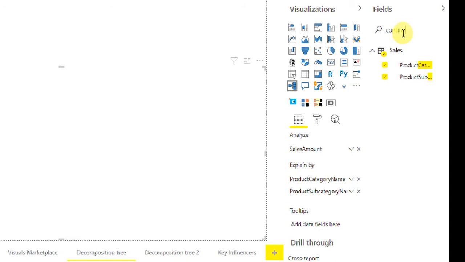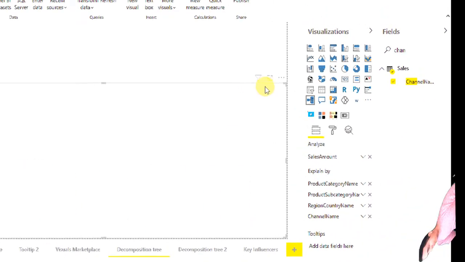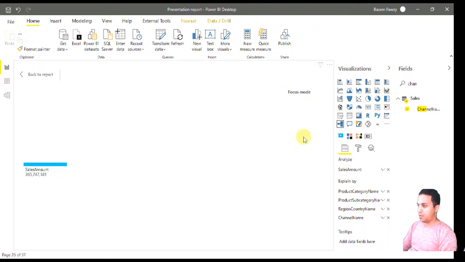Also, I'll add country and sales channel. Now let me go to the focus mode. So with a decomposition tree, to analyze the sales amount by any of these categories, all we need to do